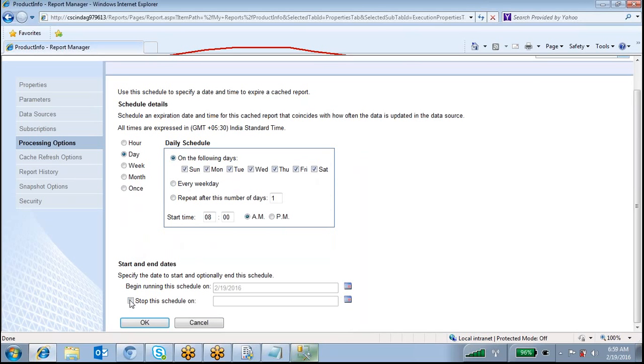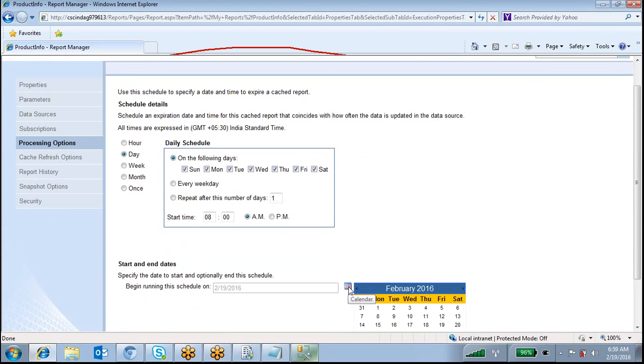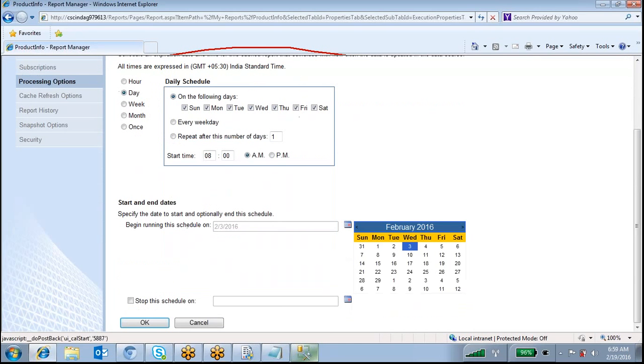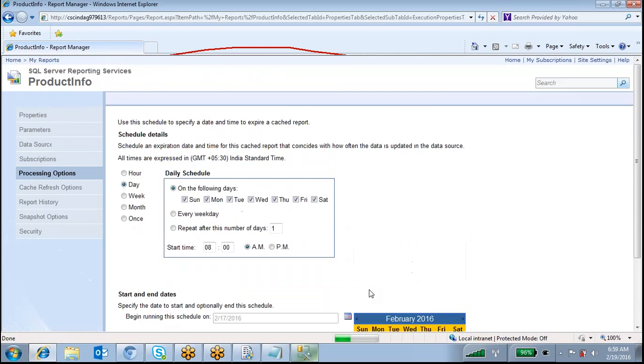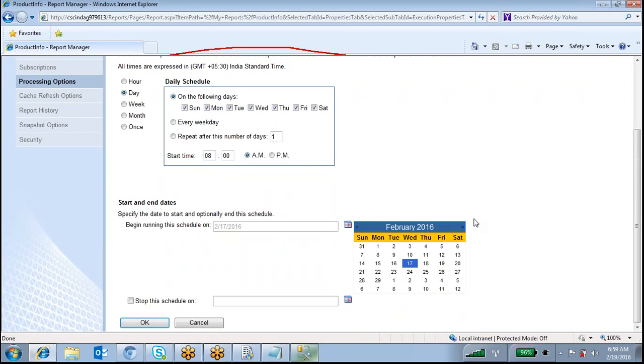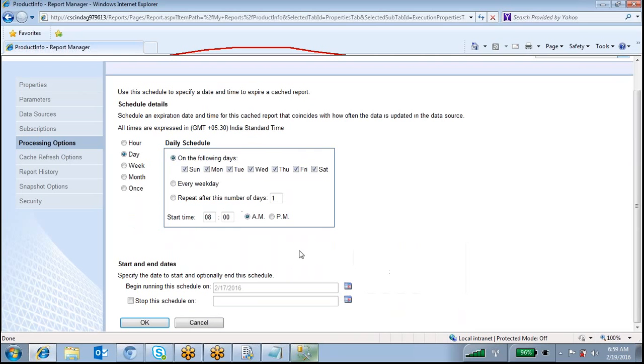And from what date you are going to start this caching. And this is the timing, at what time, AM or PM. From this date onwards we are going to begin our caching. So this way you can schedule this one.